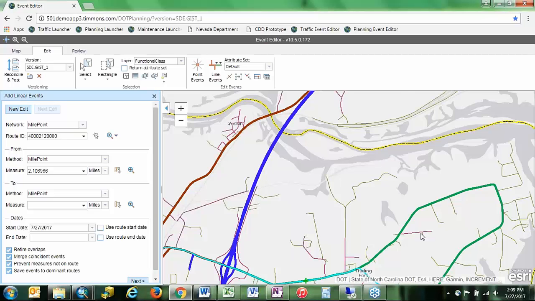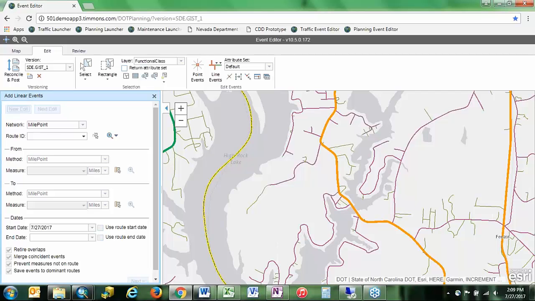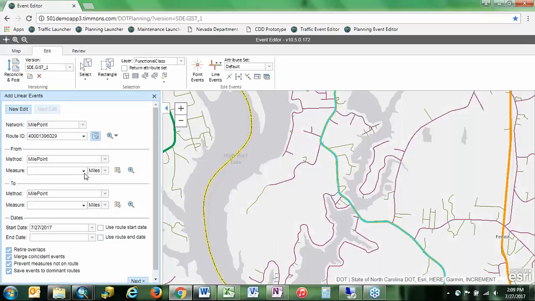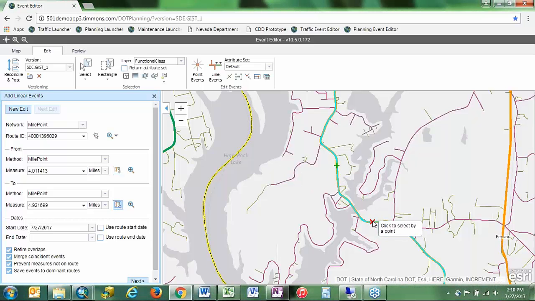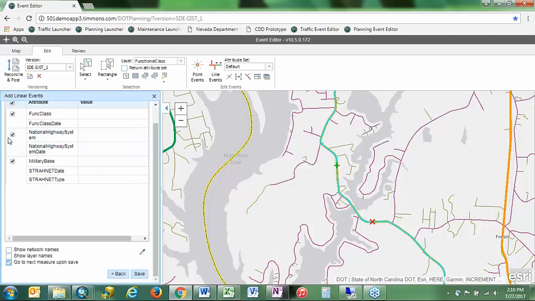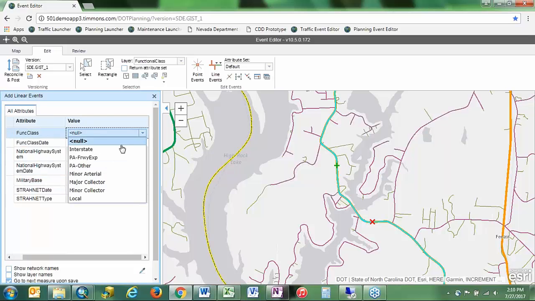Let's find a different place. All right, that's much better. Let's do another edit that would never ever happen. We're just going to make this be local functional class right in the middle.